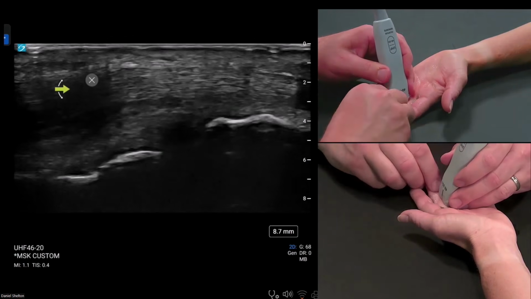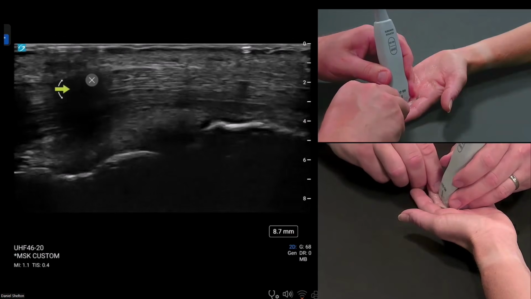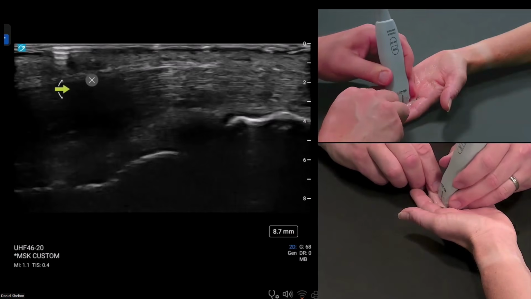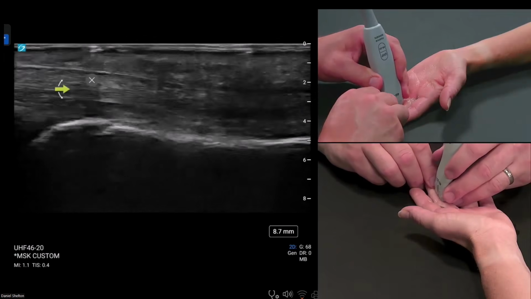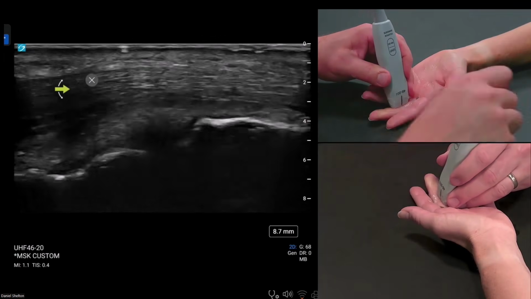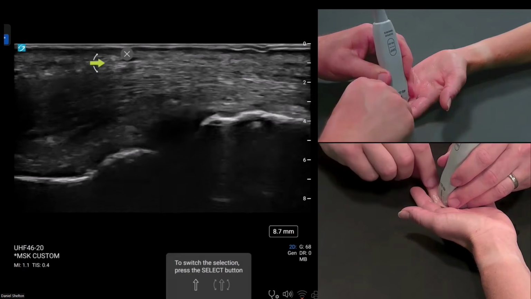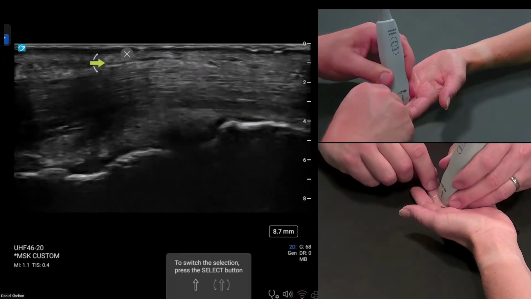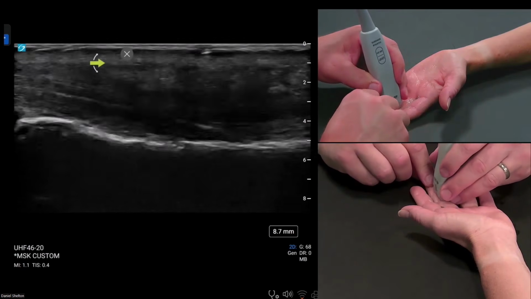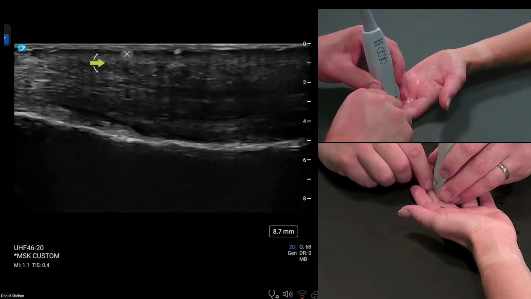Flex the tendon to see the undersurface, okay, right there. And then rock the subq fat to see the top surface. And then you just keep following that. So there's A3, that hyperechoic triangle here. So flex, rock, move on down the line. A4, we're going to flex, rock here.